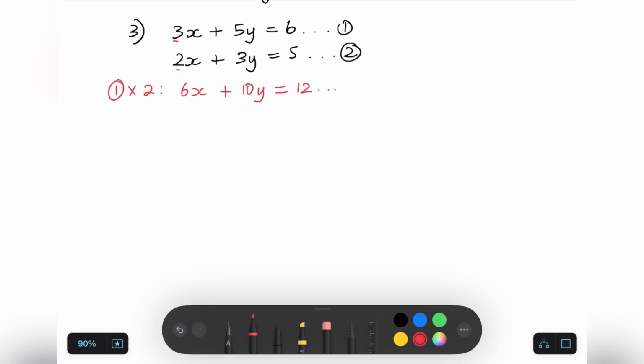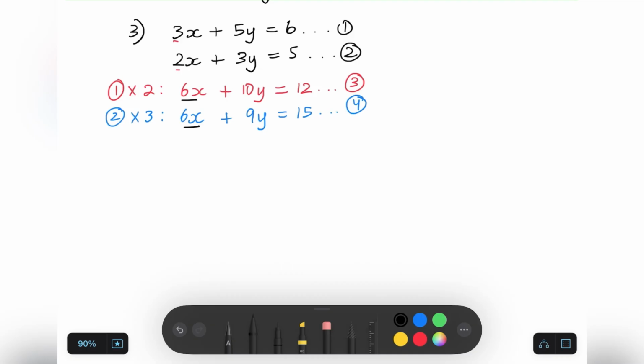So this is my new equation 3. And now let's multiply equation 2 by 3, since 2x times 3 will give me the 6x. 3y times 3 is 9y, and 5 times 3 is 15, and that is my equation 4. Now that I have the same coefficients in equation 3 and 4, I could go ahead and eliminate by subtracting